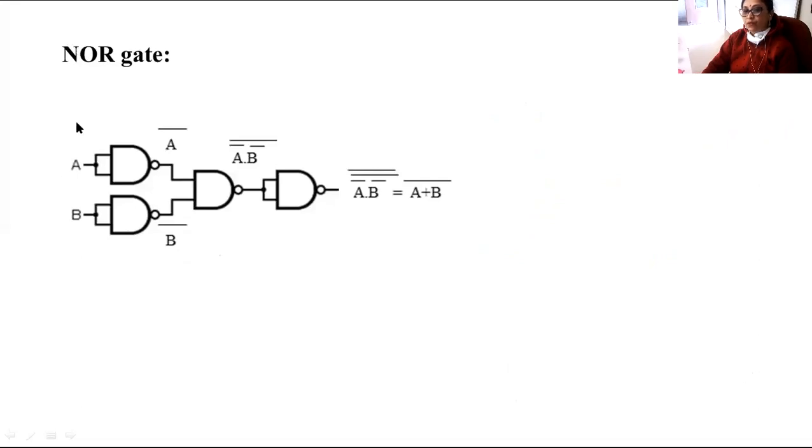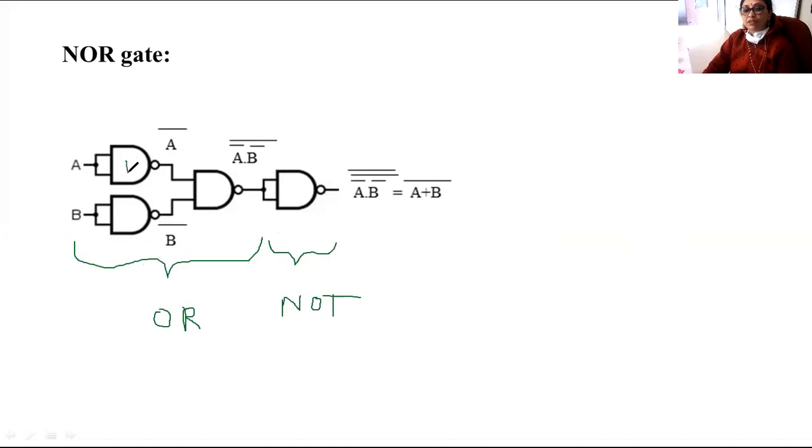Now we are going to build NOR gate. Okay. So building NOR gate is simple because already you know how to build OR gate. So this is your OR gate. Okay. And this OR gate must be followed by NOT gate. If you do this, you will get a NOR gate, obviously. Okay. So output of this gate is A bar. Output of this gate is B bar.